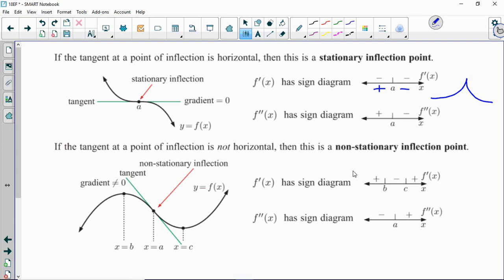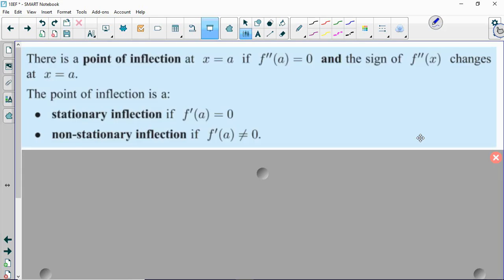Down below, the non-stationary point of inflection, our sign diagram for f double prime is going to indicate a 0 at a particular point, but our sign diagram for f prime will not. It'll have zeros at different points. So that tells us that this particular value for A is a non-stationary point of inflection. So to summarize,